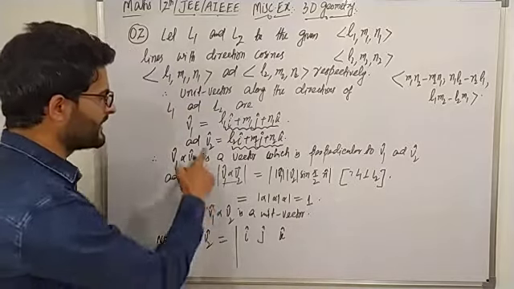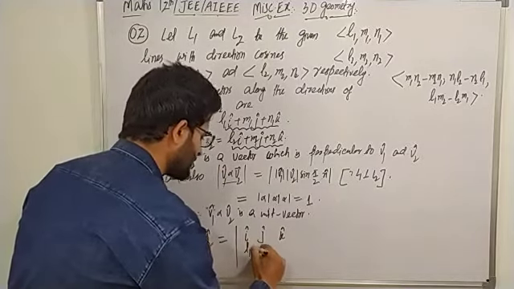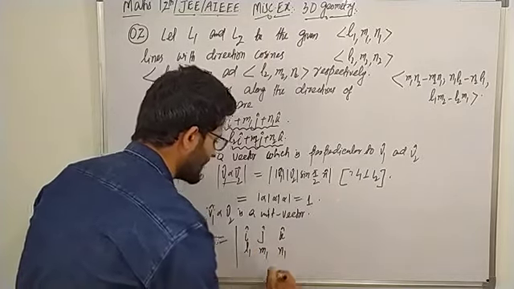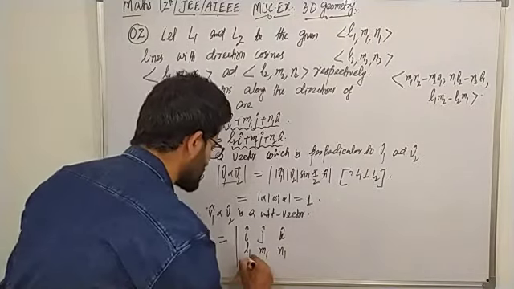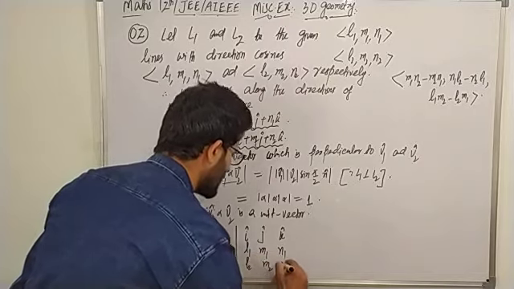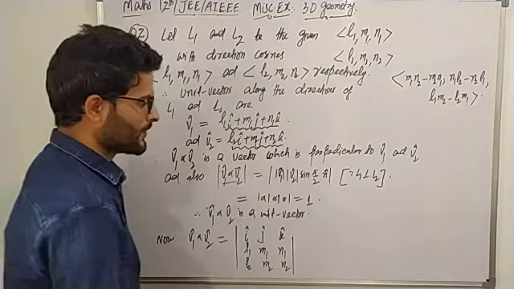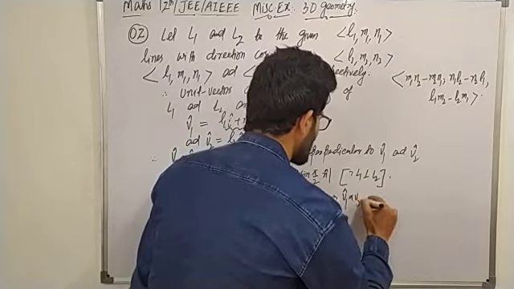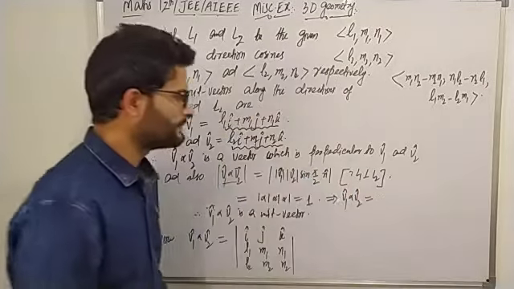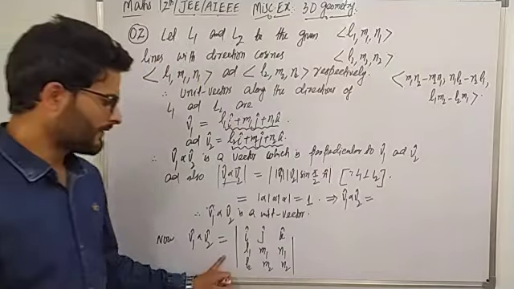Scalar components of V1 cap, that is L1, M1, N1 in the second row, and scalar components of V2 cap, that is L2, M2, N2 in the third row. So implies from here we will get V1 cap cross V2 cap must be then equal to, yes, evaluate the